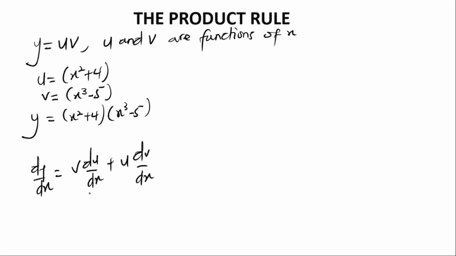What do I mean by this? That means, first of all, we hold down the second function, that is v, then we differentiate the first function, then we multiply them, then we add it to the following: we hold down the first function and then we differentiate the second function. Let me take that again. First of all, we differentiate the first function and we use the second function to multiply. That is what we have here, v du/dx. Then plus, we hold down the first function and then we differentiate the second function, then we multiply them, and then we add all together to get